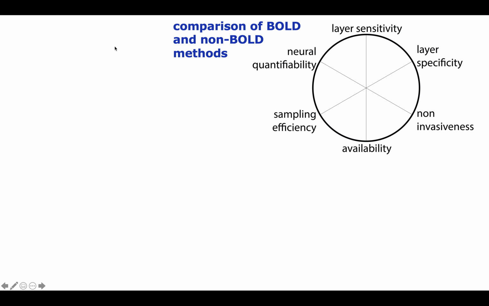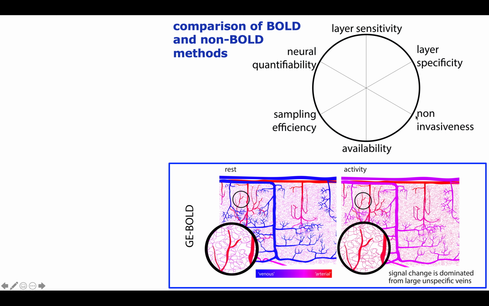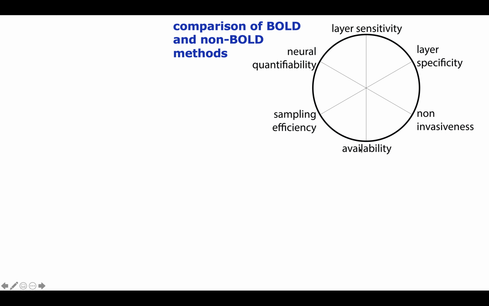So let's compare all these different methods to the gold standard, the gradient echo BOLD. All the most relevant sequence quality features that I could think of are depicted here. We have the sensitivity, basically how well you can detect small signal changes or how long you need to measure, how specific we are to specific layers, how invasive we are, and how available your method is. In other words, if you need to be good friends with the vendors or have collaborators that program the sequence for you, or how much in general you need to invest to make it work,